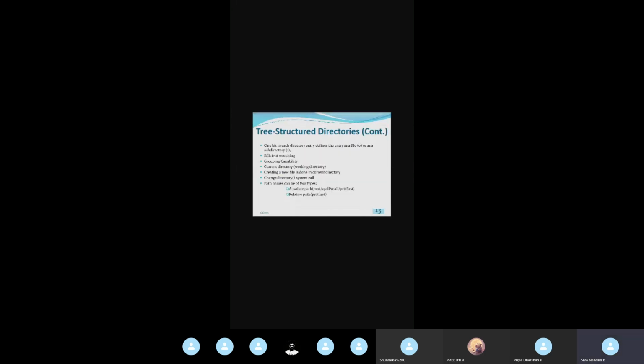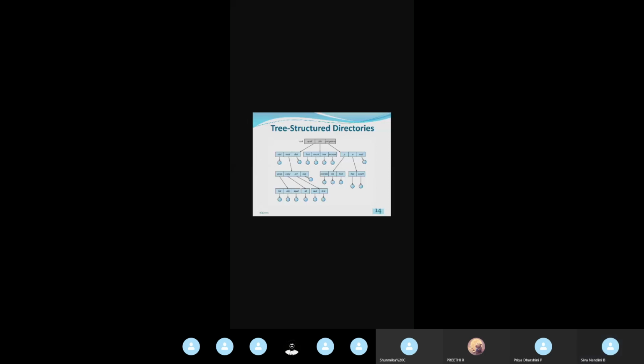So, I said under this root directory, I can have a file or a directory itself. See here in this case, under the spell directory, I have three directories: stat, mail, dist. In the stat and dist directories, I have the files. In this mail directory, I have another subdirectory: prog, copy, prt, exp. So under a directory, I can have a subdirectory or a file.